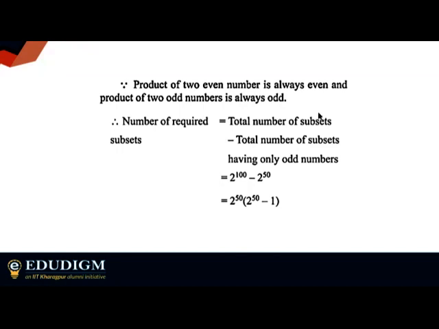Is this okay? I hope this is all right with all of you, because whenever you're considering this 2 to the power 100 or 2 to the power 50, this phi is already included. I hope this is clear with all of you. So as correctly pointed out, the correct option is 2. So I think I'll just move on to the next one then. I hope this is clear. If you have any other problems, do let me know.